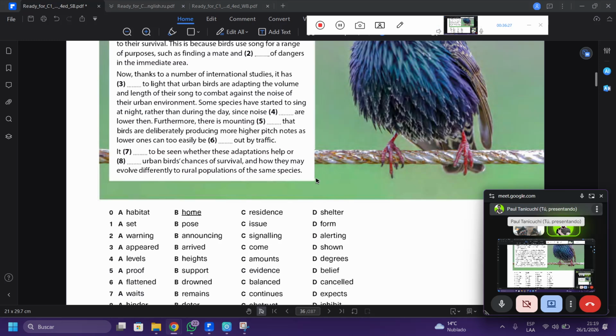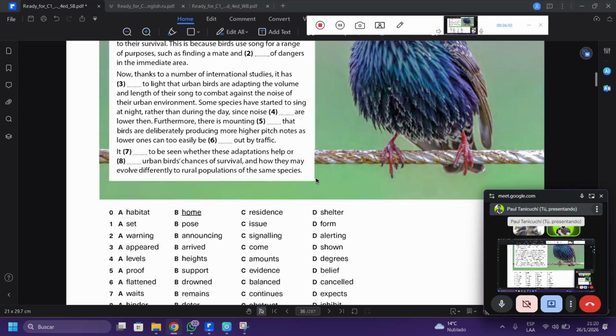It's a set phrase here. It is a mountain of evidence. In this case, it's mountain proof. It's a set phrase. Mountain proof means prueba irrefutable.